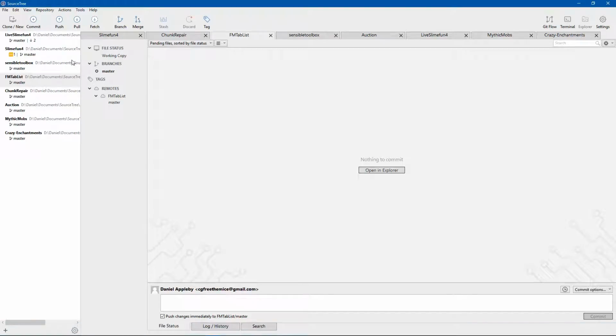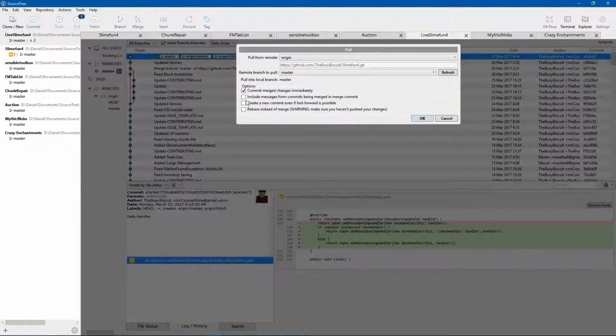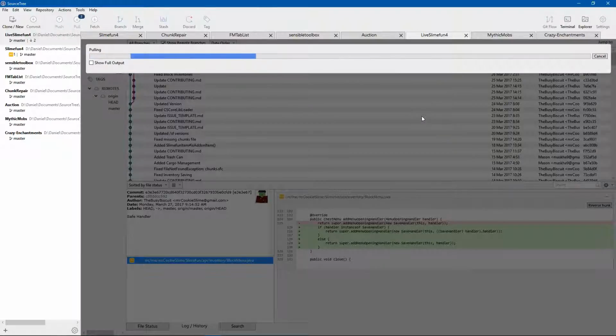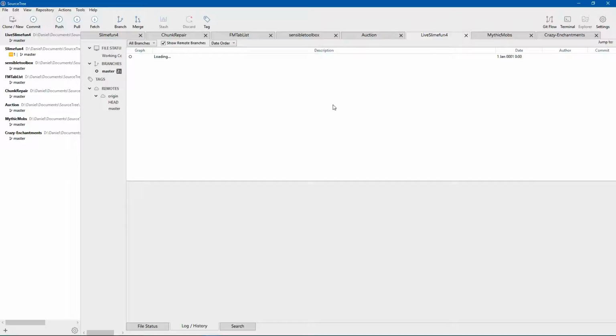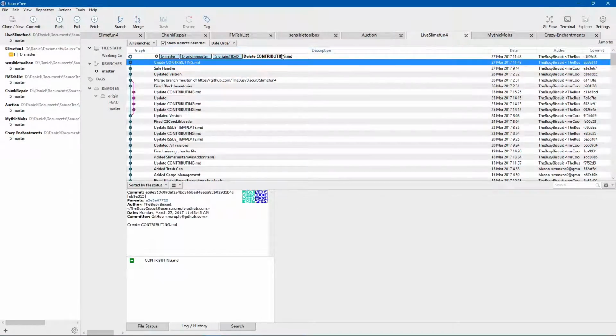There it is. If you have the source tree, it would come up there, and I don't have any. Let's see. Here we go. It would say there's a pull needed here. So I pull it, and you just do OK. And now it's updated all my files on my computer